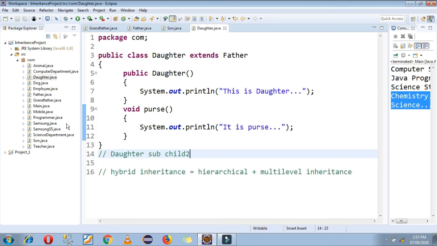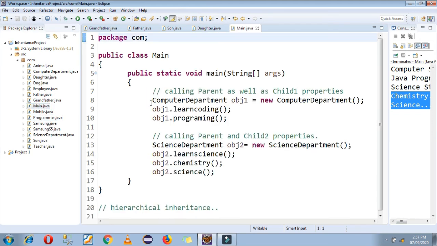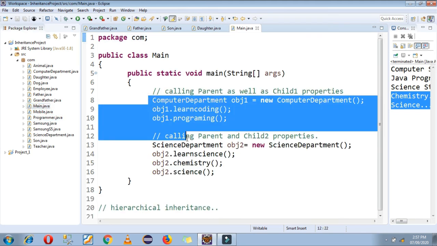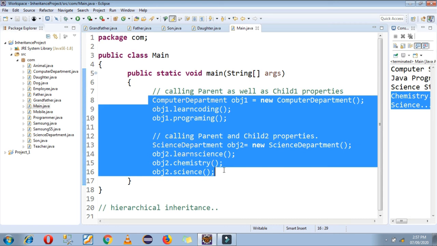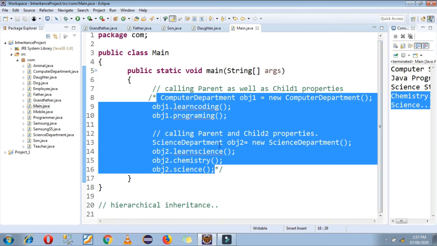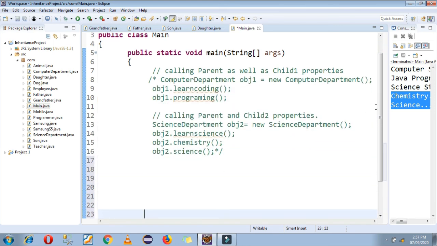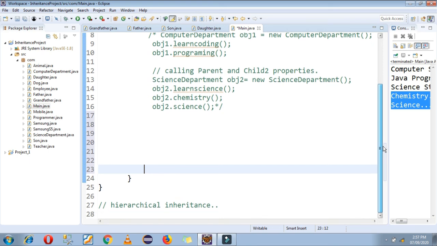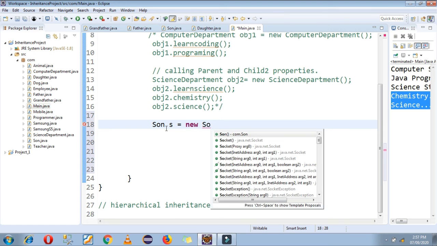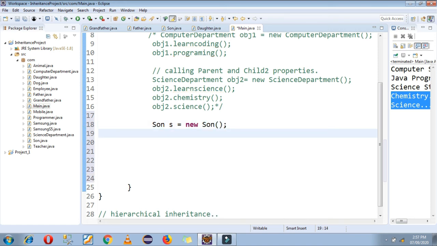So I am just saving my code. Now I want to create the main function. Okay, I am using the previous main function. Now I want to create objects of two classes, the daughter and son. First of all I am going to create an object of the son class. You know how to create an object: using the new keyword you can create an object of a class.